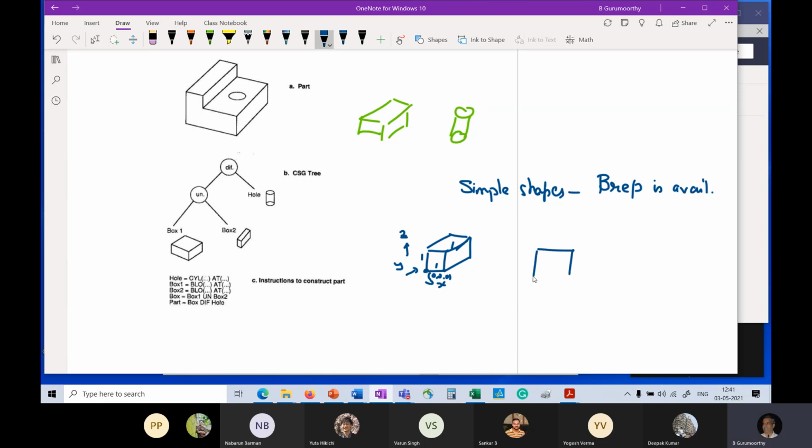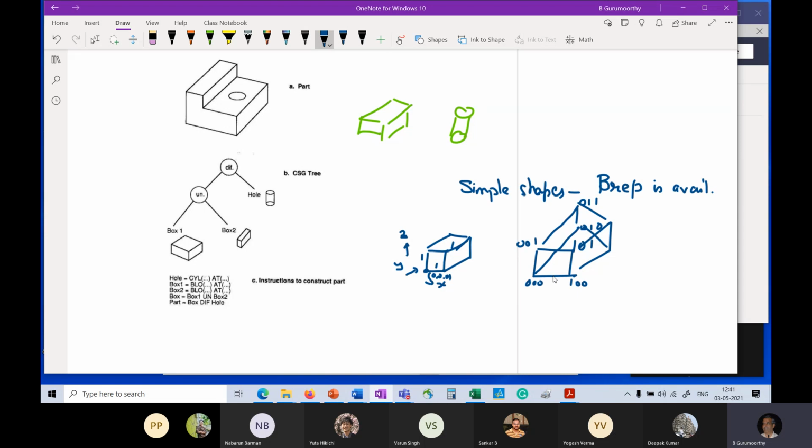Well, I can write down the vertices, for example. This is 0, 0, 0. This is 1, 0, 0, and this is 0, 0, 1, and this is 1, 0, 1. And likewise, I can write down the backside. Let me just do one more face just to show you along 1. So this is 0, 1, 0, and this is 0, 1, 1, and that is that face. Now you know that you can do this for all of these. So vertices are known.